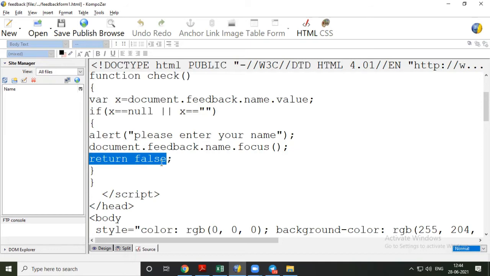Now finally, the last line is what? Return false. It will again exit this function code. This is the last line that we are going to use every time we use one condition. So return false.